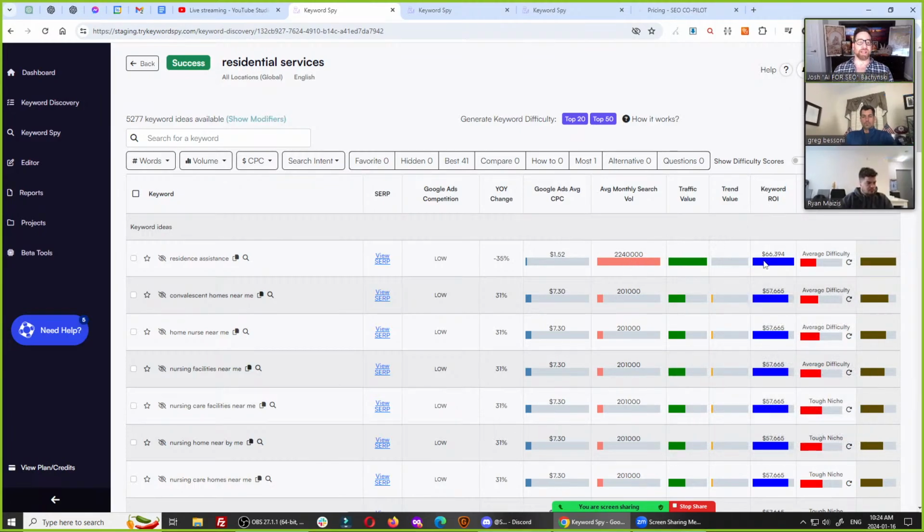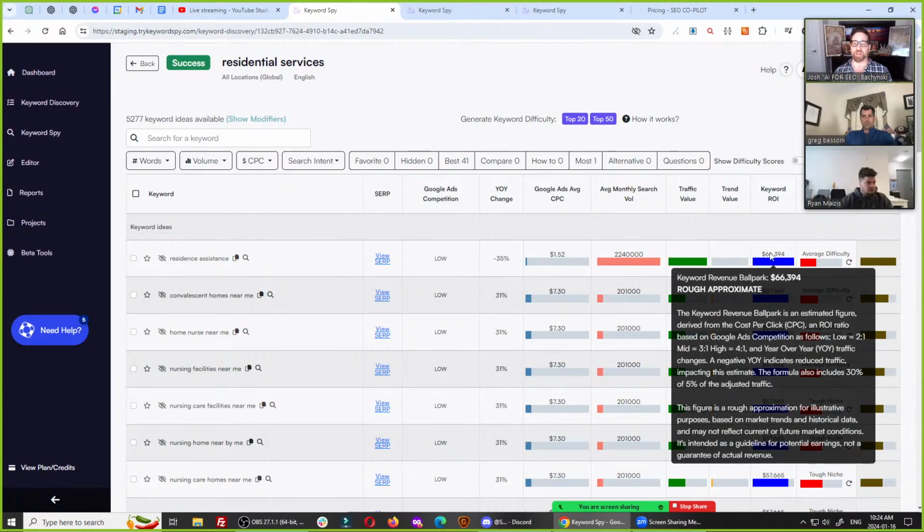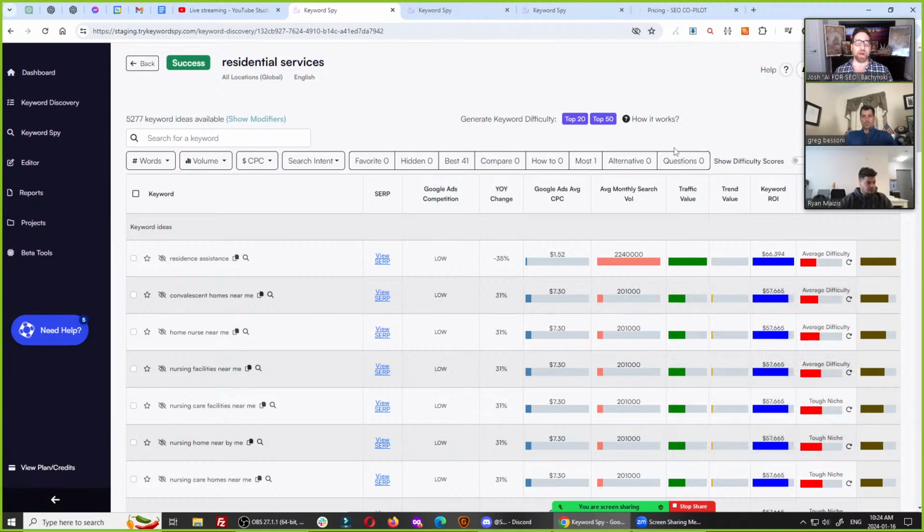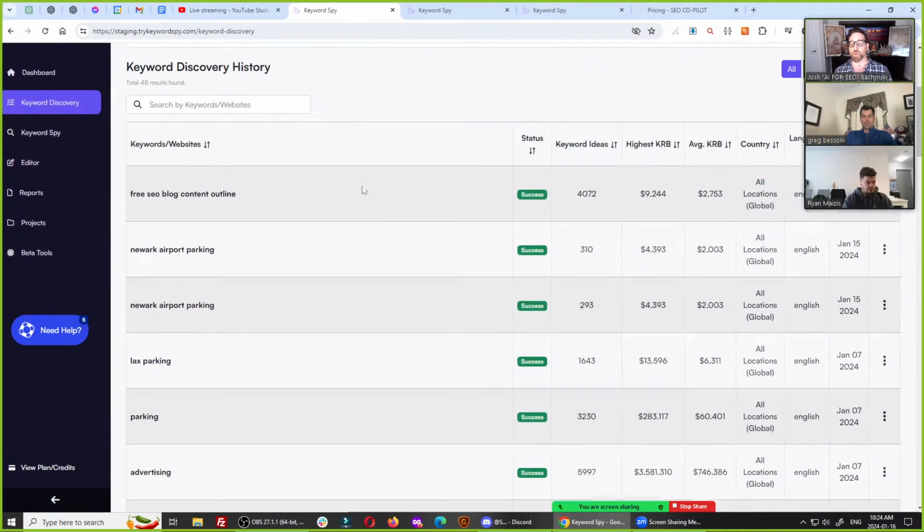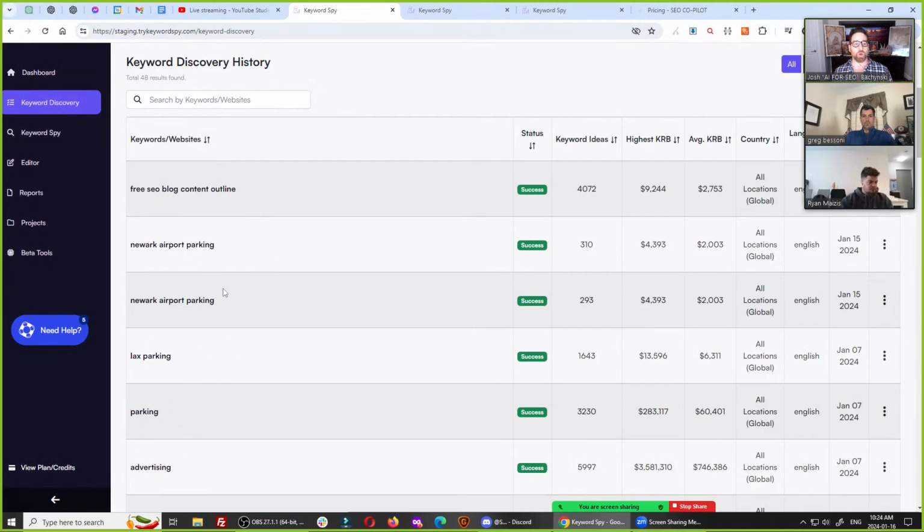And so, again, it's not a promise you'll make that much, but it is a rough idea that is an apples to apples comparison between different keywords and an apples to apples comparison between different niches, which will quickly tell you how much money each area makes, which is super, super interesting in terms of should you bother be doing SEO for this? Why would you be doing SEO for niches that make like no money?